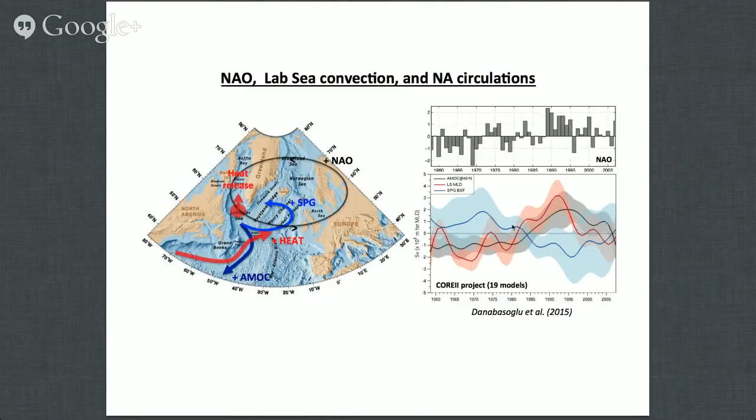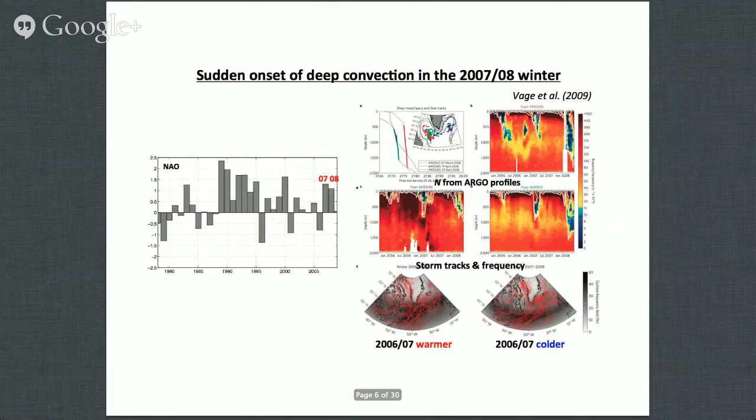to mid 90s. You can see such a positive trend in the mixed layer depths, and also in the barotropic streamfunction, which is in strongly negative values. A downward trend here means a stronger subpolar gyre strength. And you can also see there's a similar temporal evolution in AMOC as well.